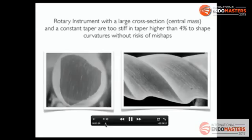With a variable taper, we can have high tapers in our files because we are going to use big tapers in the point of the canal where we want to, and we can decrease the taper in the rest of the canal to reduce the stiffness of our files and to have a better performance of our files inside the canal. When we have a constant taper, we can't reach a really big taper because if we did, our file is going to be too big and too stiff to work properly